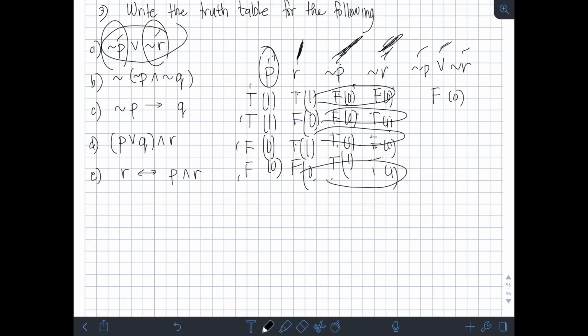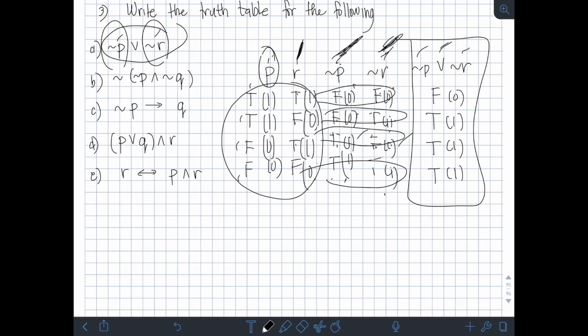Next, 0 plus 1 is 1, right? Kasi may at least 1 tayo. So, true or 1. Next, 1 plus 0. So, true ulit. Kasi may at least 1 tayo. So, dapat true. Next, 1 plus 1. So, true, true. So, therefore, automatic, true or 1. Okay, so therefore, ito yung truth table natin for not P or not R. False, true, true, true. Given these inputs. Okay? Okay, next we have